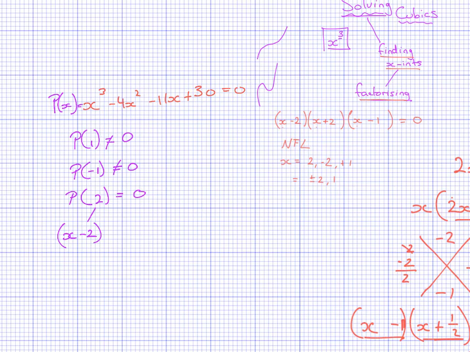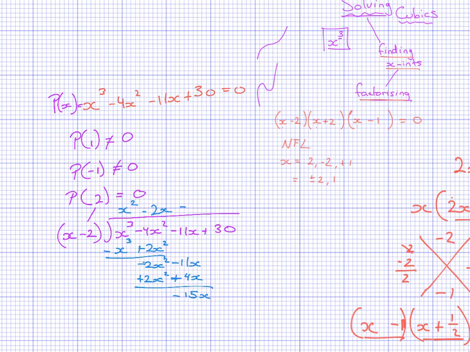So I'm going to have to do it by long division now. So x cubed minus 4x squared minus 11x plus 30 divided by x - 2. It's going to give me x squared, x cubed minus 2x squared there. Subtract that out. That gives me -2x squared. Drop down the next term. Divide this one through, which gives me -2x. Multiply it back down, which gives me 4x. Subtract those, which gives me